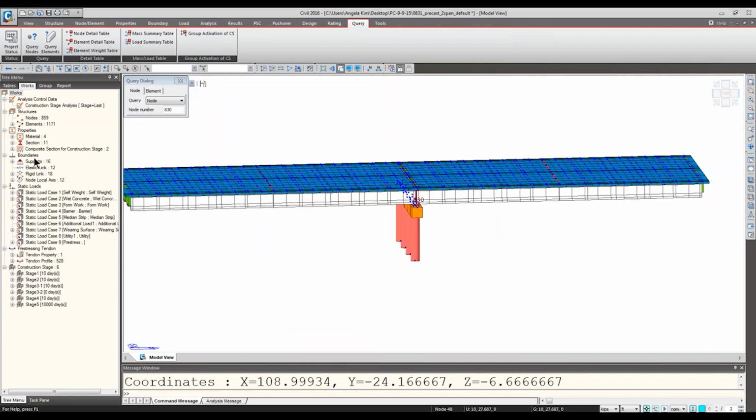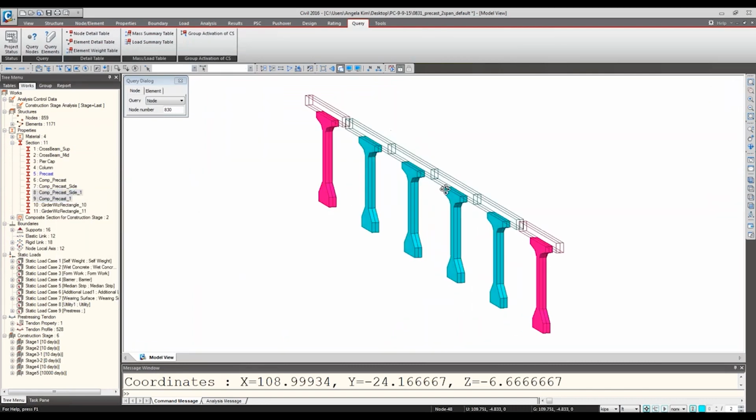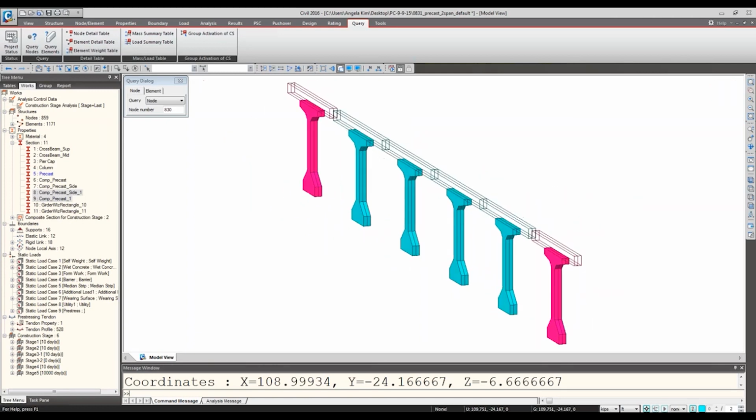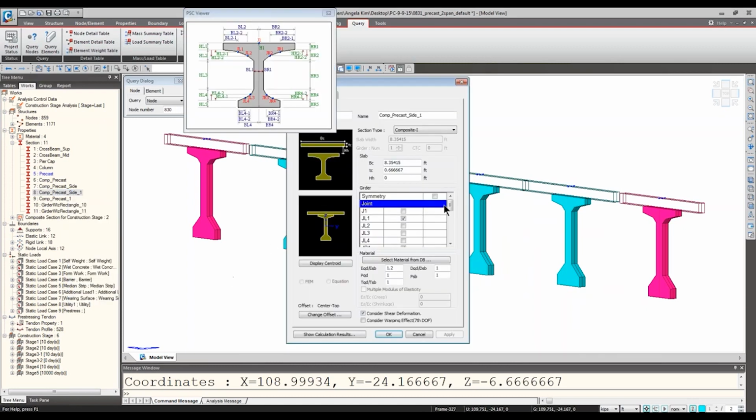So if you look at my section property, this side 1 and precast 1 are applied between the girders. If you actually need to consider a different section between the girders, because you're pouring the concrete without the precast, you can go to the properties and feel free to modify that information.